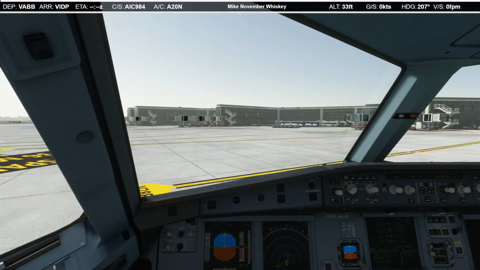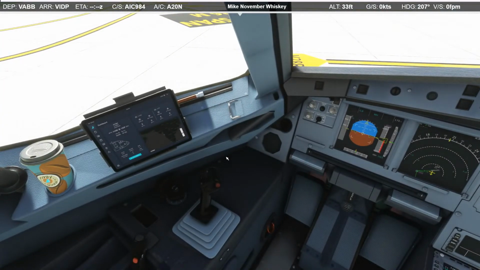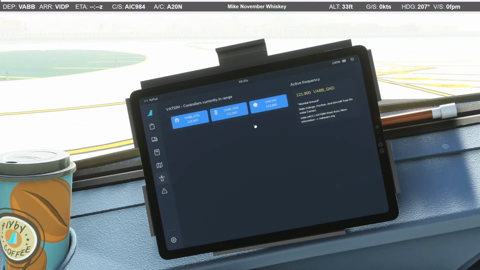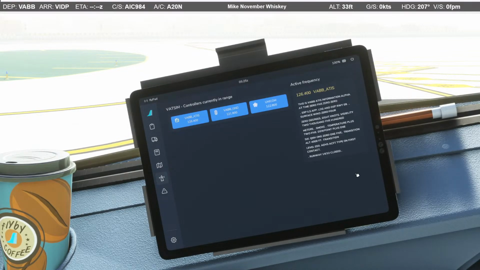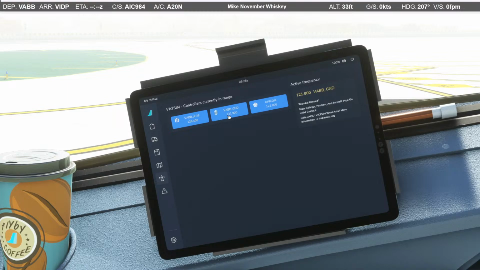What frequency are they on? Oh, 121.9. Departure runway 9er. Surface wind 040.